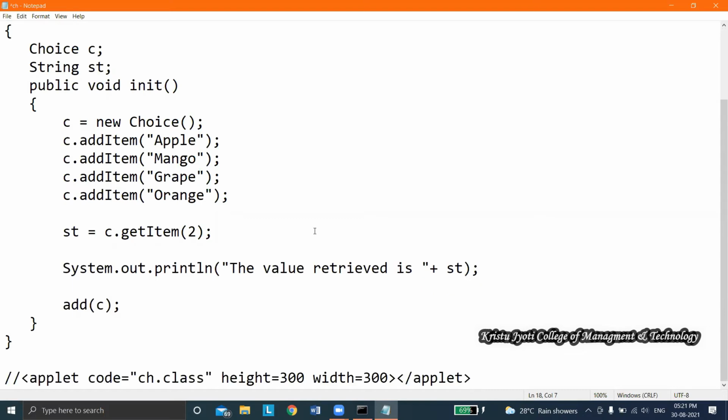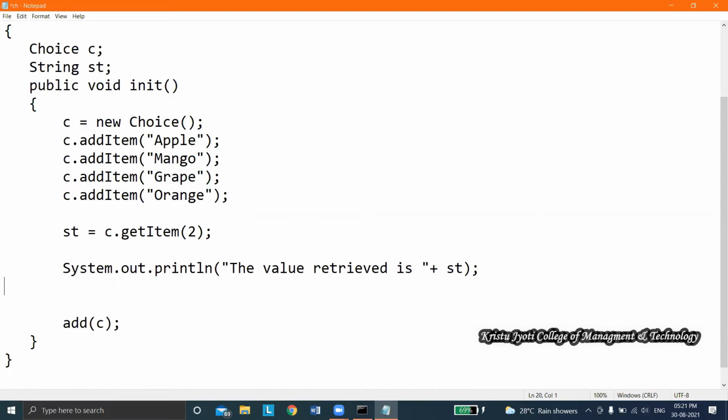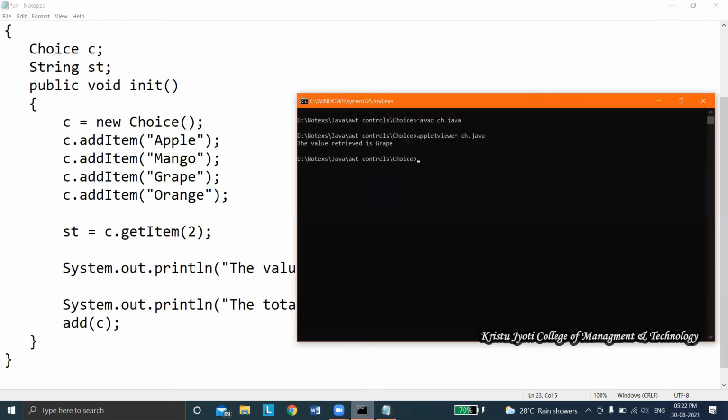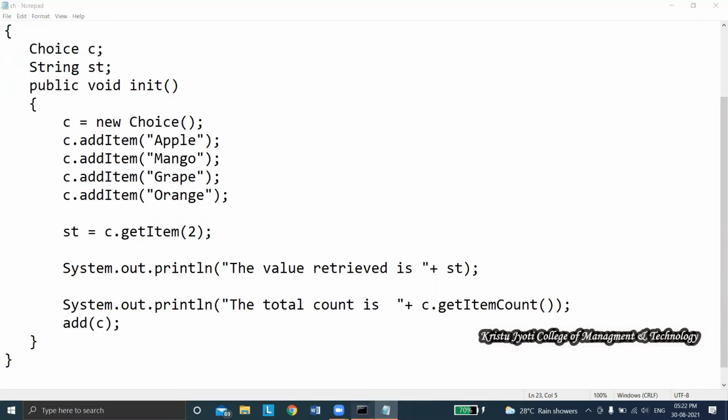So maybe here we can just give System.out.println the total count is, and I can directly write c.getItemCount. All this I'm writing inside the applet. Okay, so when I compile this program, I save this, and when I compile this program, we can see that we will be getting